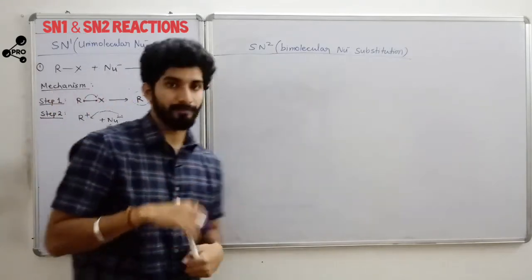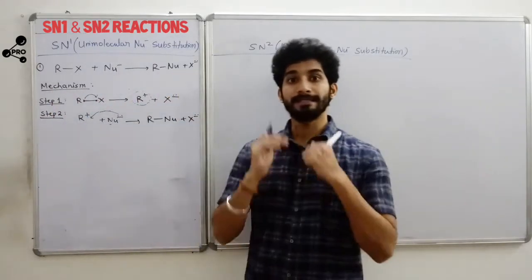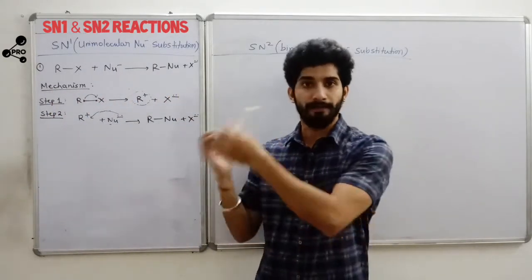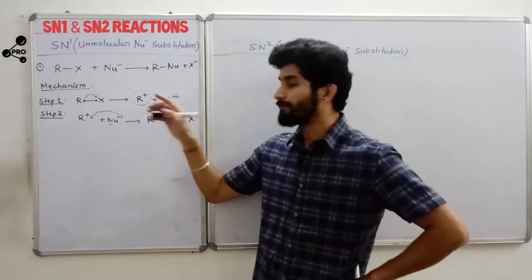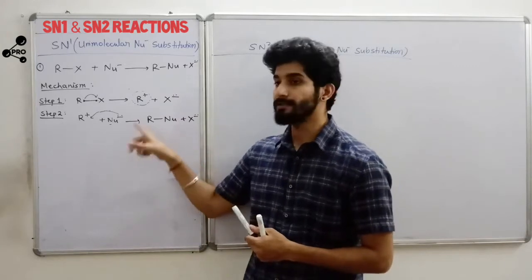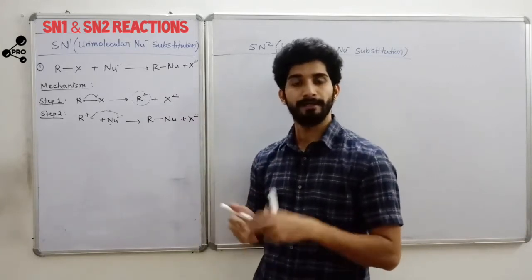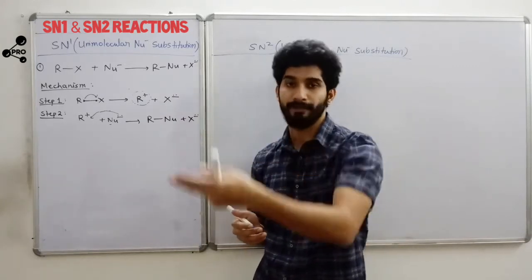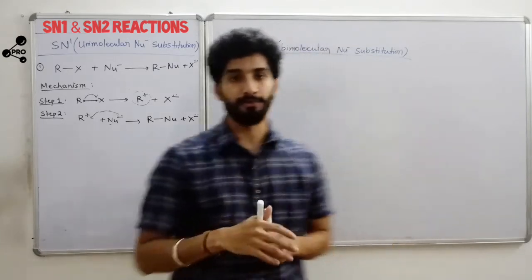Whenever there is formation of a carbocation, we have to check for the stable carbocation among the given options. Suppose we have three types of carbocation: 1 degree, 2 degree, and 3 degree. The 3 degree carbocation is the most reactive, and as you know, 3 degree carbocation is more stable than 2 degree, which is more stable than 1 degree. Alright, we'll discuss it in the questions.